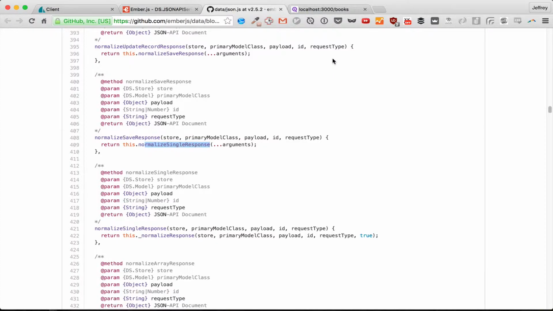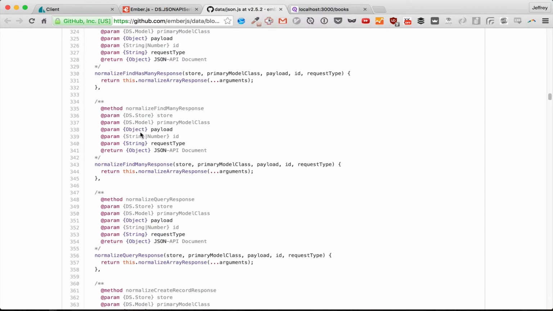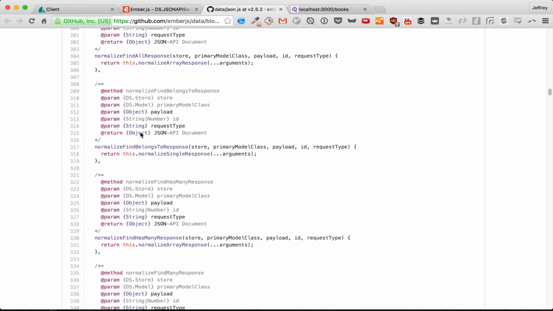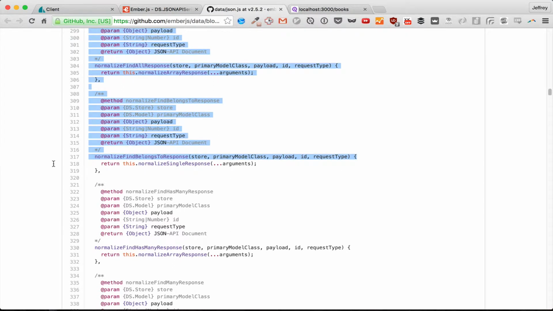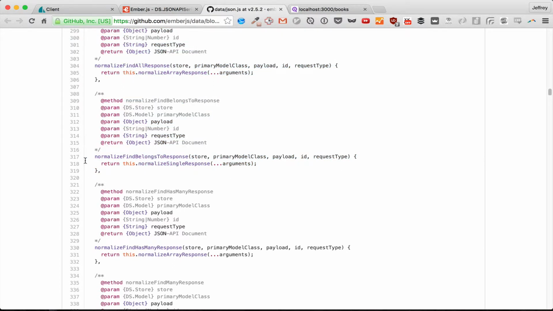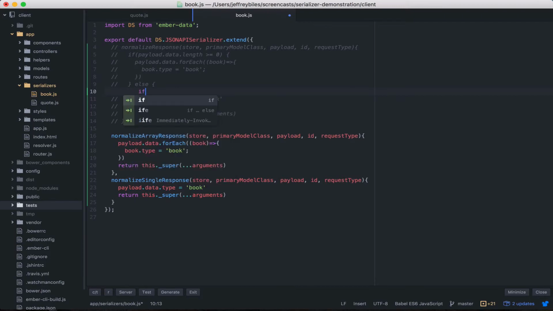They also have the advantage for if you have, for example, most of your single responses are the same, but you have one where you are, say, finding the belongs to response, and that needs to be a little bit different than your normal single response. So you can just overwrite this, do what you need to do, and call super. Without this, you'd have to do a nested if statement in here, and those can get really